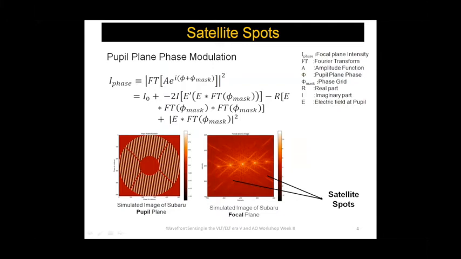It's okay. So what we do is add a phase mask in the pupil plane and make satellite spots in the focal plane. Generally, the first term is the central PSF, and this third term, what we get out of the Fourier transformation, is for the two satellite spots, which are copies of the central point spread function. And in on-sky images,